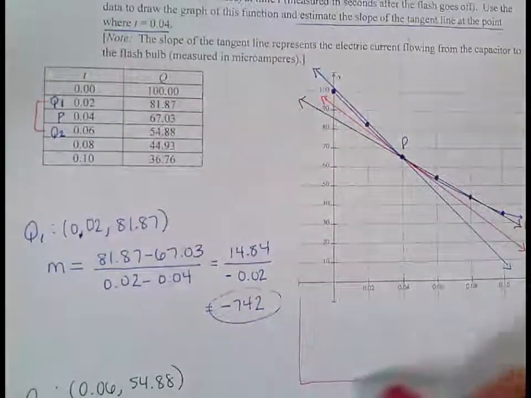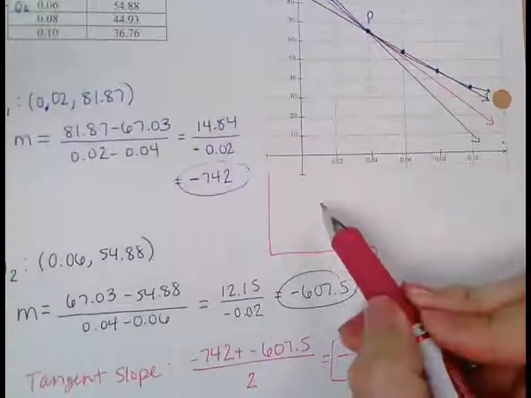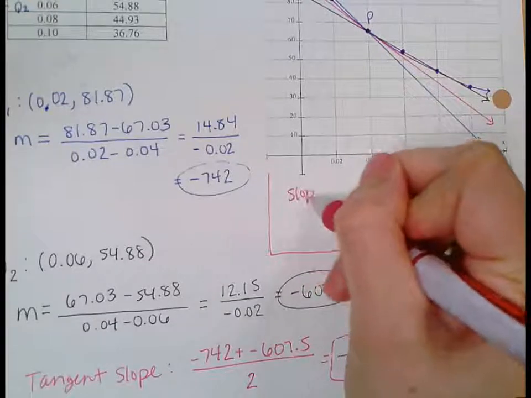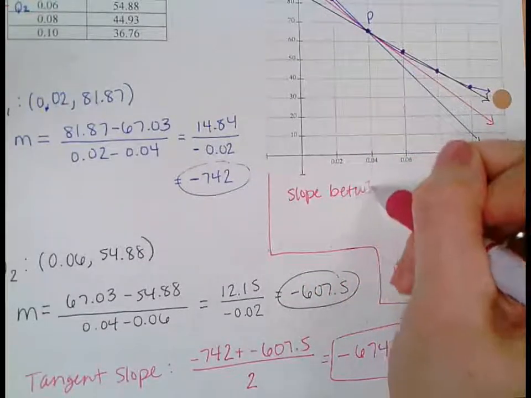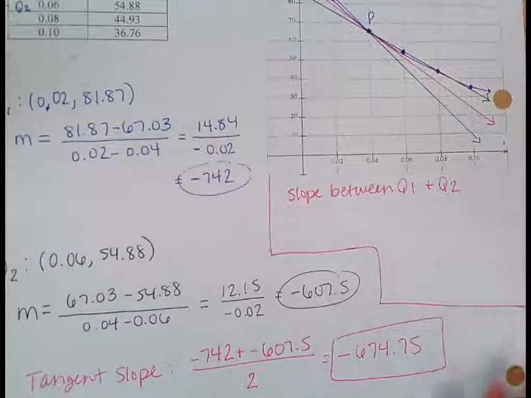So rather than doing 3 steps, I just wanted to show you because that's why it's working out that way. I could have just found the slope between Q1 and Q2,